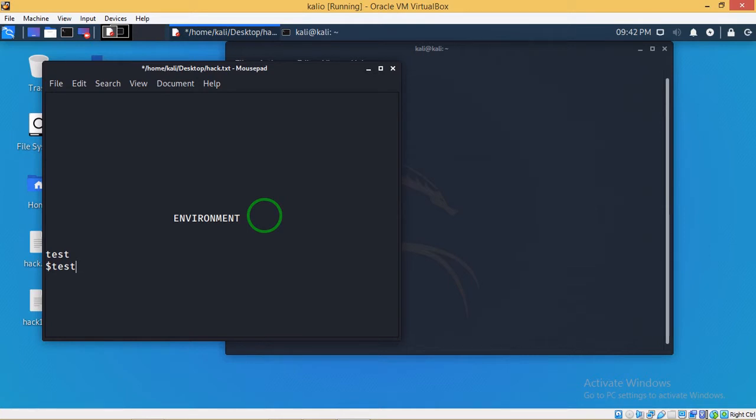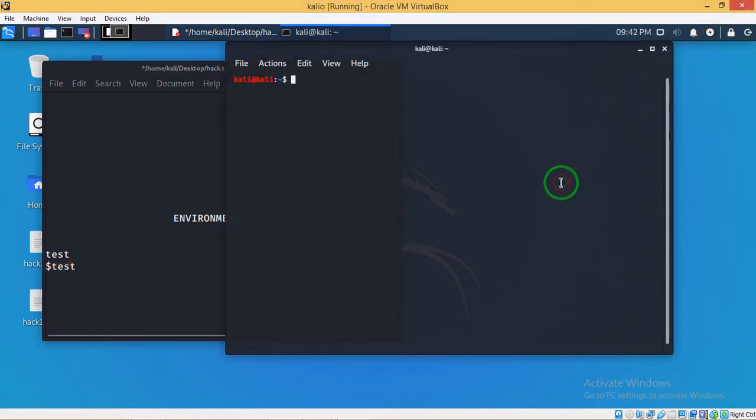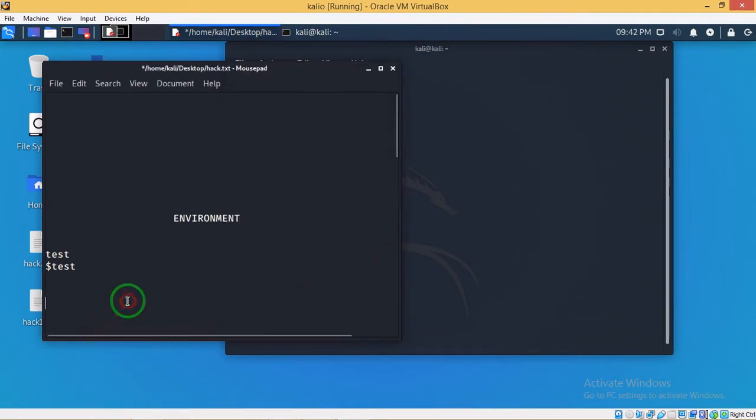When we enter the system, the shell undergoes a phase called initialization. It has two types of files in this phase: slash etc slash profile and dot profile.